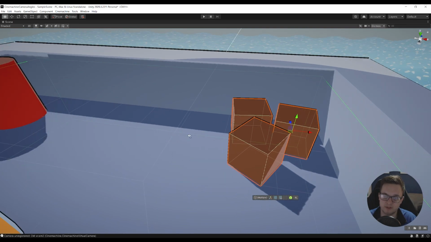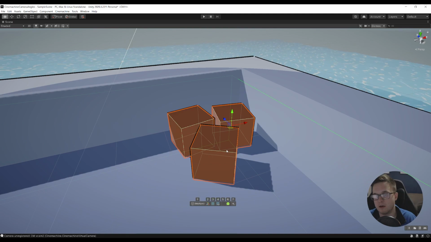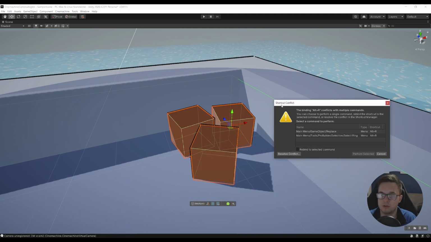I want to swap them out with this barrel prefab I've just made. What I can do is hit Alt and R. Now I get the shortcut conflict box pop up, because I've got ProBuilder selected and they've got similar shortcuts. For now, I'm just going to click on replace and click perform selected, but depending on which other assets